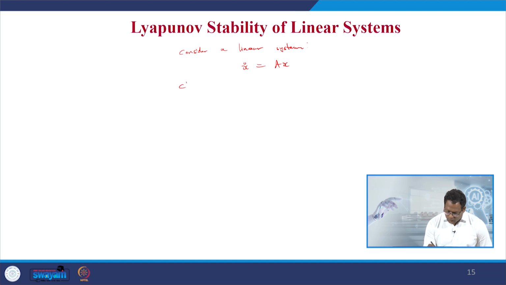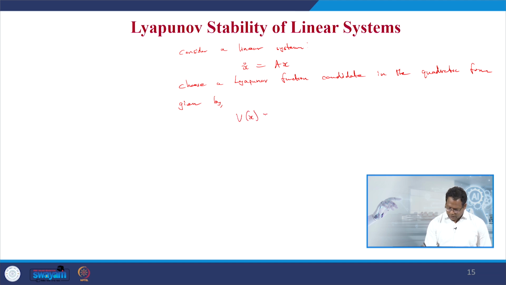Let us choose a Lyapunov function candidate in the quadratic form given by v of x equal to x transpose P x,